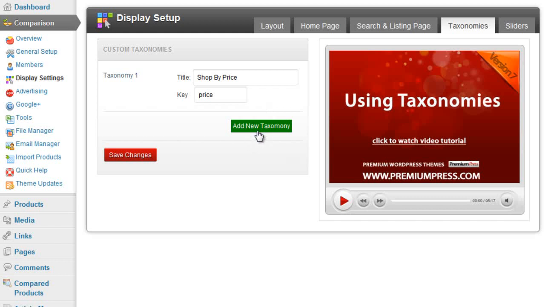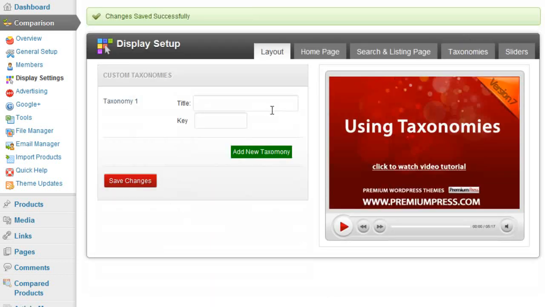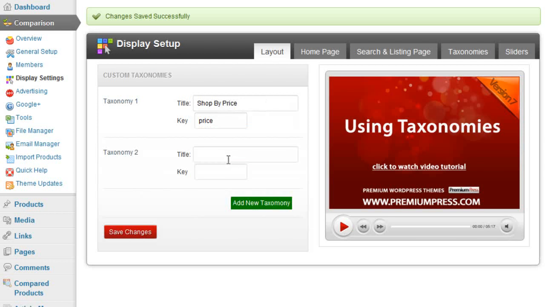To do this, you simply click on Add New Taxonomy, or you remove the name for the existing one to remove it from your website. So if we add back the one we're going to use in our example, and we create another one,